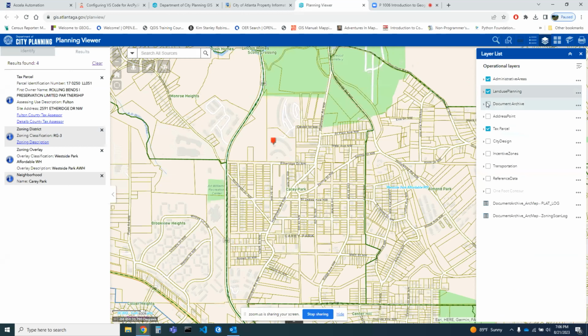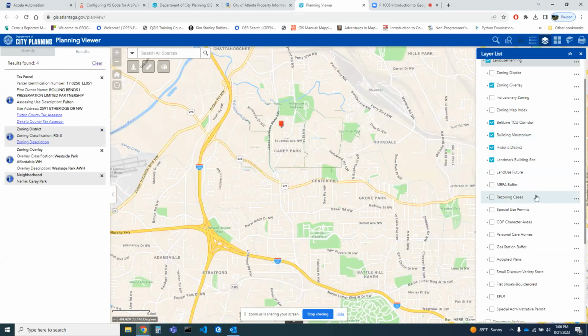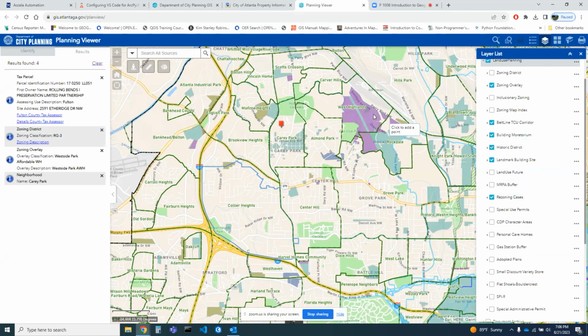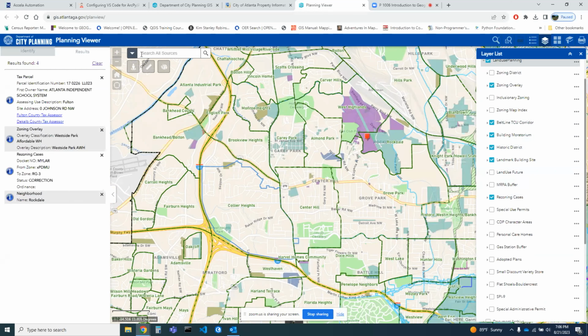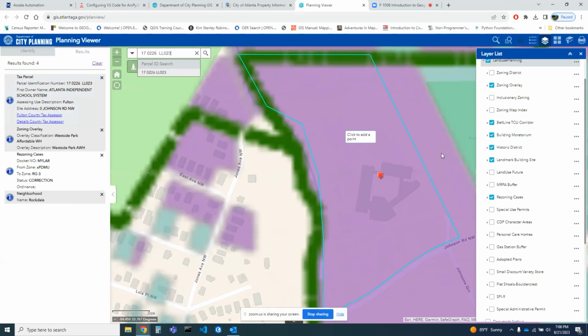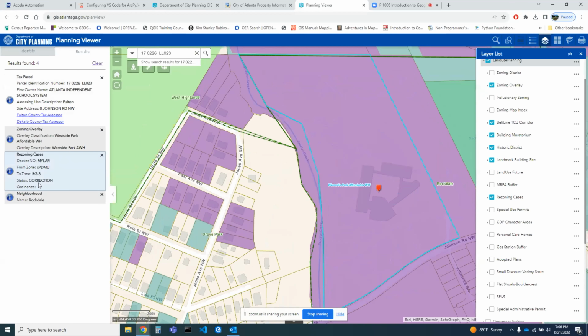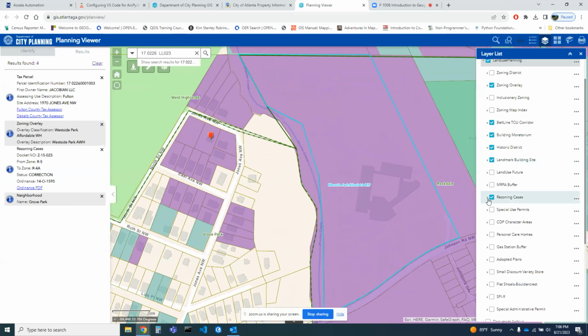But just being able to navigate through here, you can turn on the belt line. You can turn on, if you need to see properties that have been rezoned. Again, once they're turned on, you can click them. And up here, you also have the ability to type in an address or a parcel ID. So, just copy that parcel ID, it will populate here, it'll zoom to it, and then clicking on it is what creates this pop-up. So there was a correction to a rezoning here. So really the basic info here is,